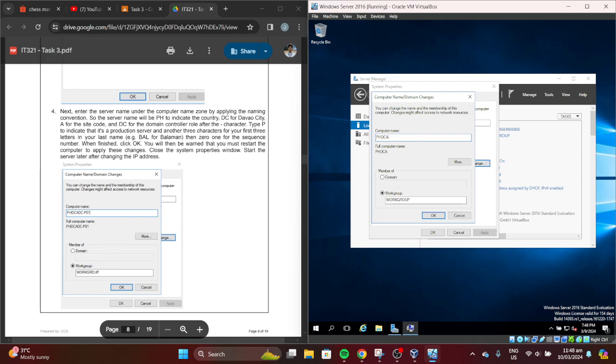Type P to indicate the production server, then the number.